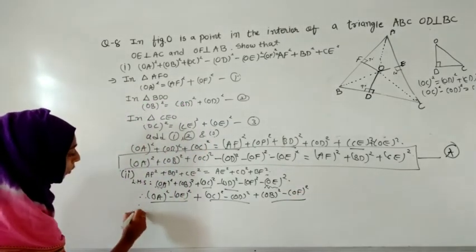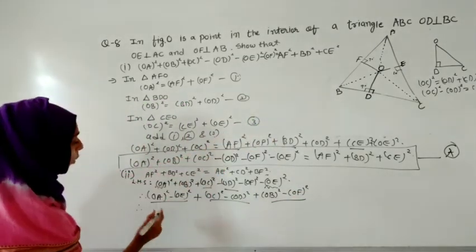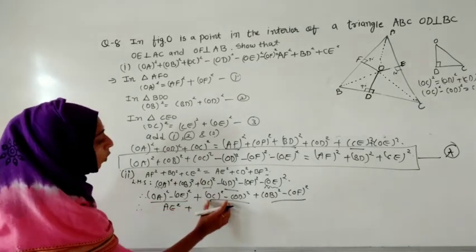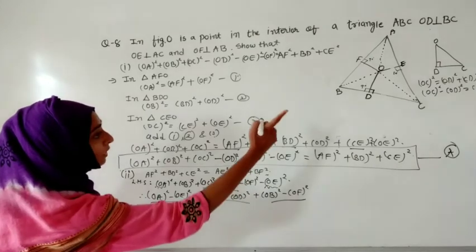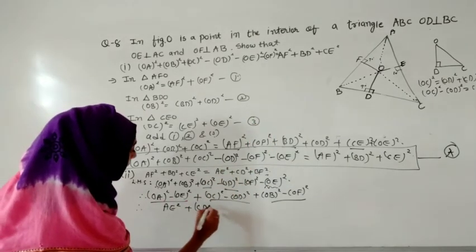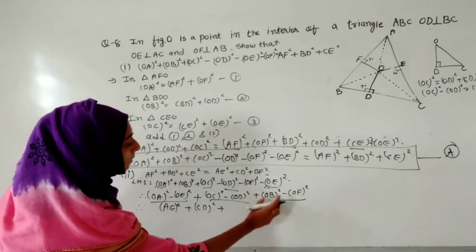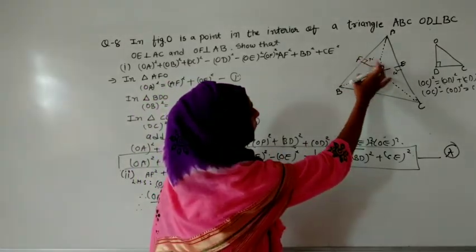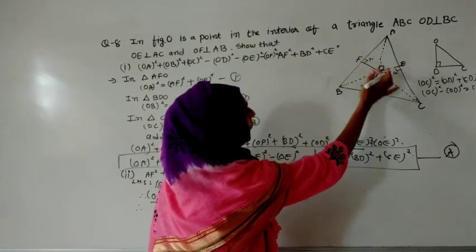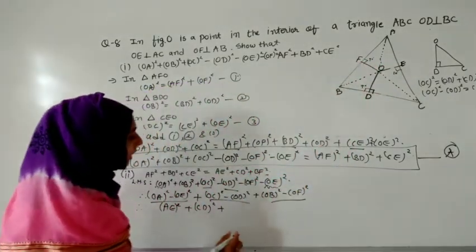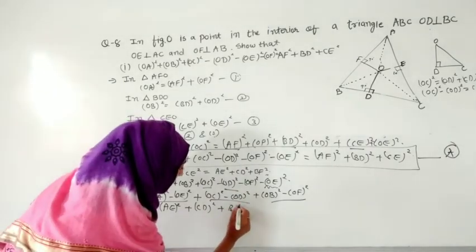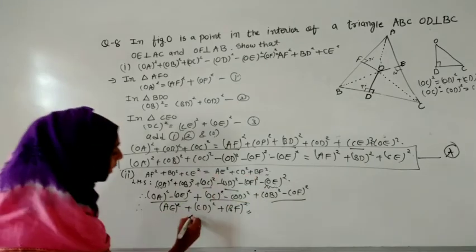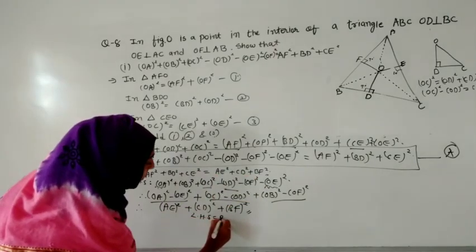And as we know from there that we made a combination that OA square minus OE square is equal to AE square, let us write OC minus OD is equal to CD square. And the third one, whatever remains, that is OB minus OF. Let us check where OB and OF are, meaning we have to talk about this triangle with OF and OB, and they will give BF square. So that is equal to BF square. And the thing is that we have taken this and we have proved it. So here we will write LHS is equal to RHS.